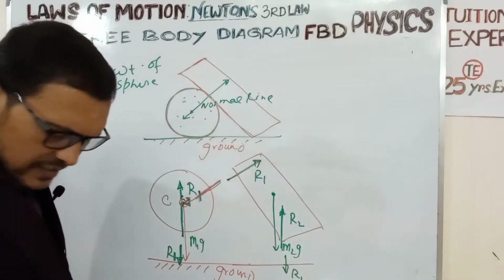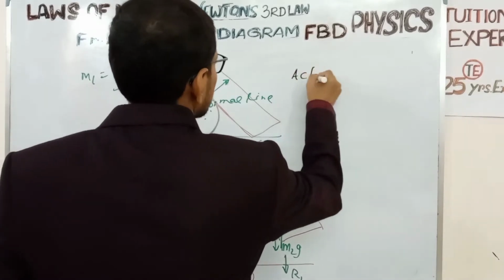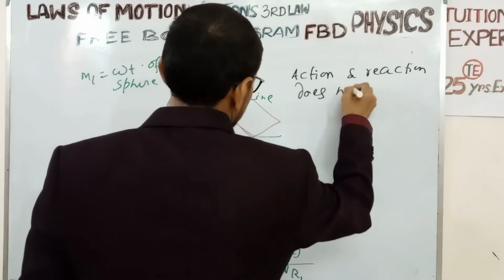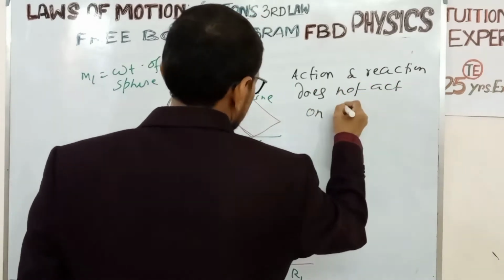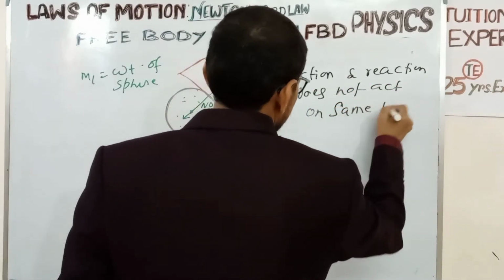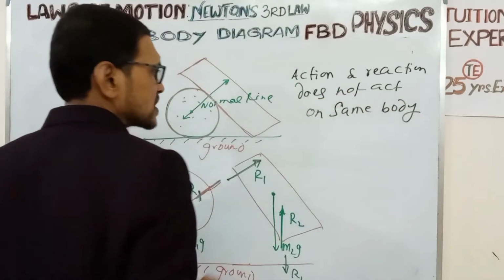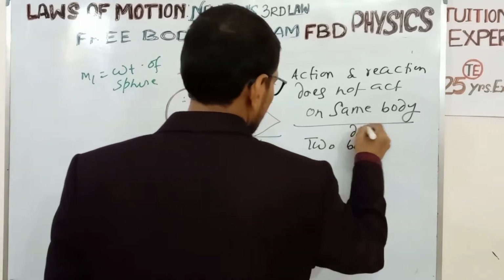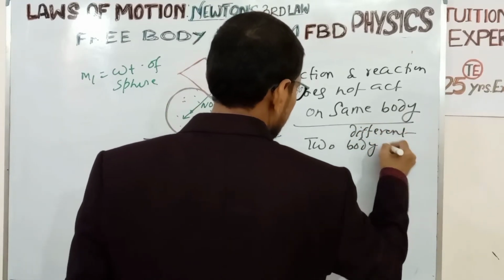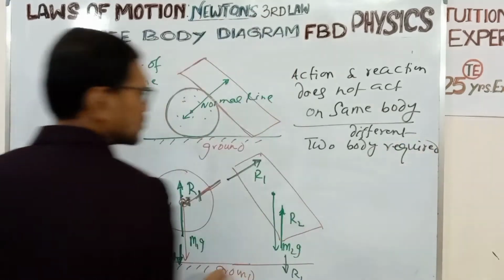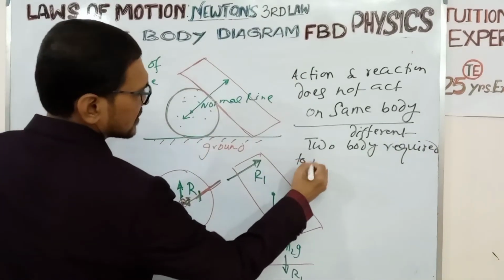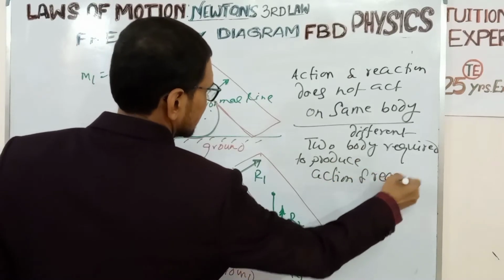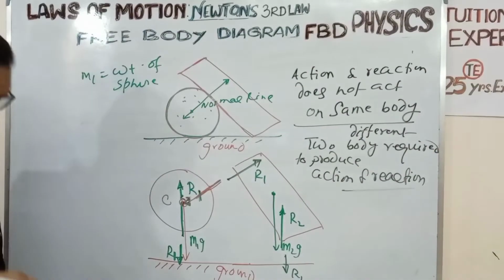So the important point is that action and reaction do not act on the same body. Action and reaction do not act on the same body. That is, two different bodies are required to produce action and reaction. Okay, now